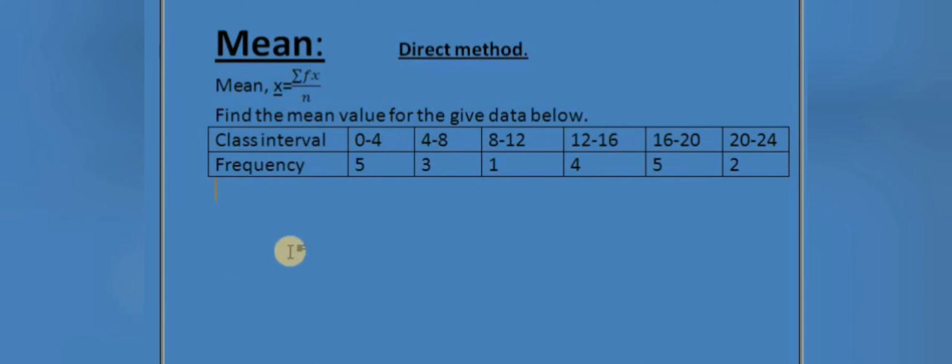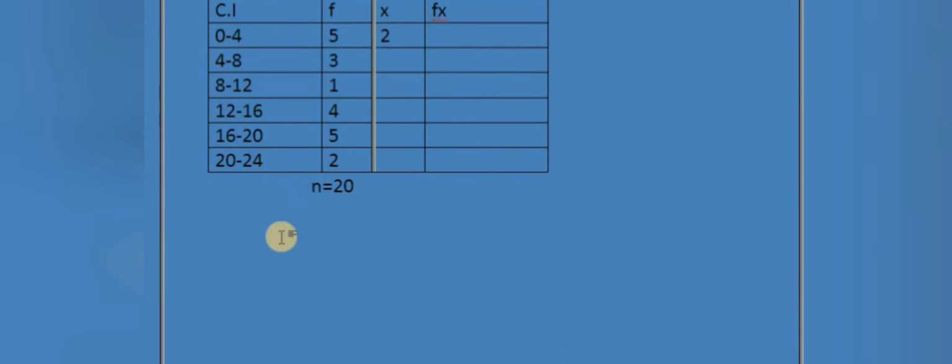Let's see how to find the mean by direct method. Before that, here they given class interval and frequency. There are two columns given, that is class interval and frequency. Class interval we will write as ci, and for frequency f. The next column is x. What is this x? X is the midpoint of class interval. Every class interval we will take the midpoint of that class interval, that is denoted as x. And at last fx. Fx means by multiplying the f column and x column we get the fx.